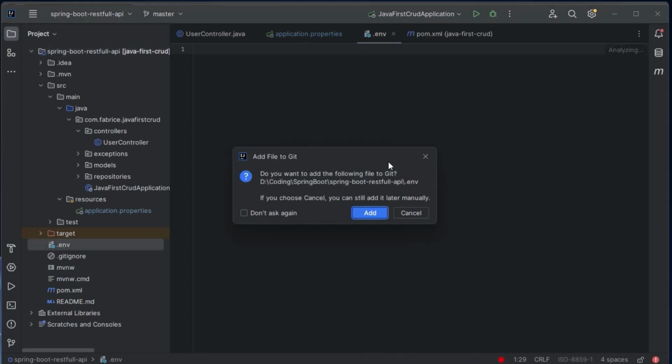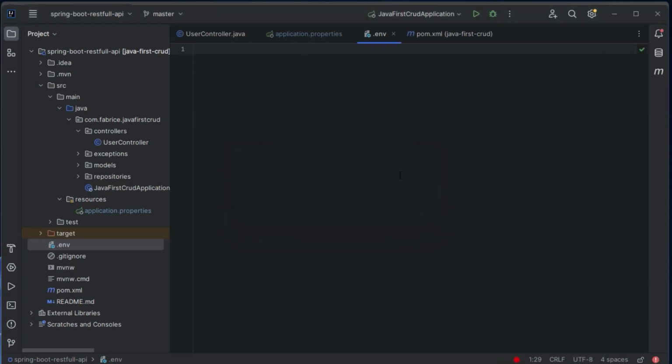No, I don't want to add this to Git, because you don't need to push the .env file to your GitHub repo. So let's go ahead and provide all required environment variables for our Spring Boot Cloud application.